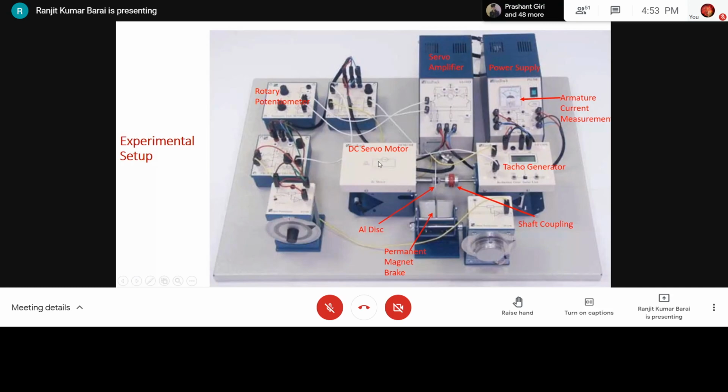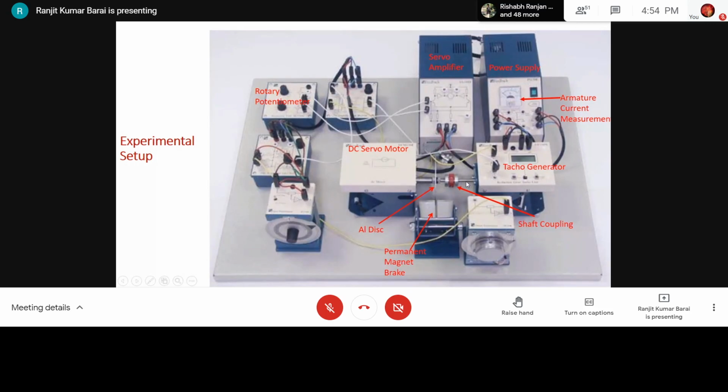Okay, the DC servo motor is just below this cover. The schematic diagram is given, although it's a bit hazy, and the motor shaft is coupled to the speed sensor. It's a tacho generator. The tacho generator is coupled to the DC servo motor using a shaft coupling. It is a flexible type shaft coupling because, if a slight misalignment occurs between this shaft and this shaft, what will happen?